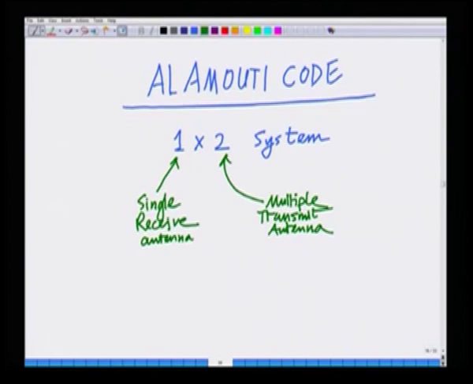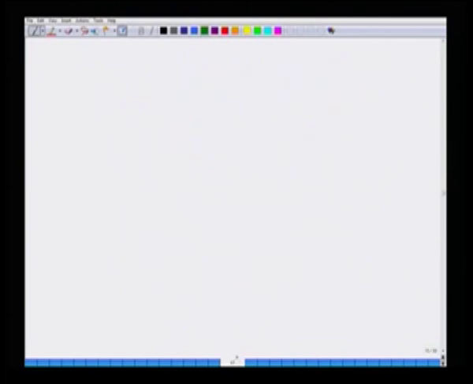And so, for that system, the channel matrix is H1, H2, where H1 and H2 are coefficients. Look at this, I have one receive antenna, two transmit antennas, and my system model can be expressed as